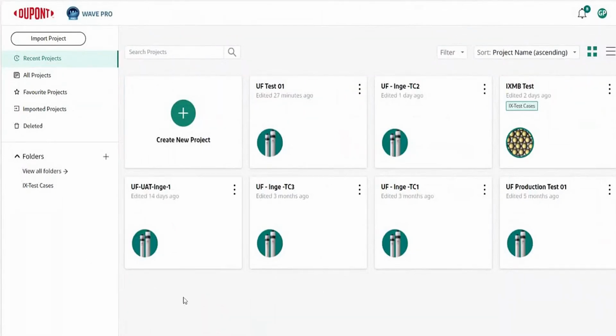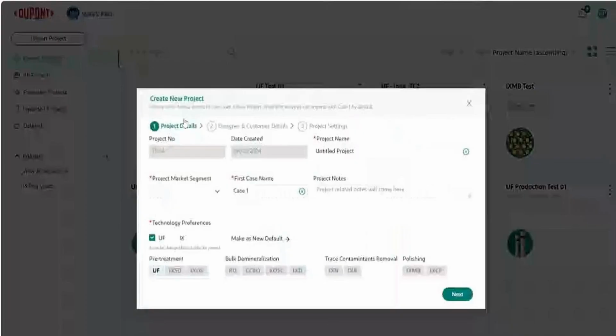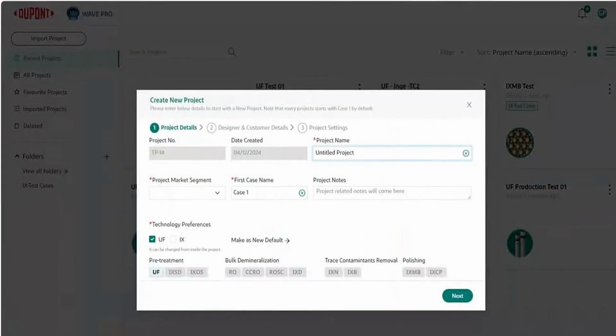In this session on how to use WavePro, we will now discuss how you create a new project. You start by clicking on this icon in the top left corner. The first page will ask for some basic information about your project. For example, your project name,